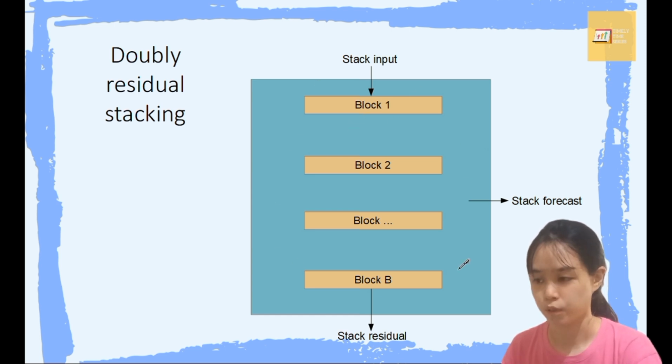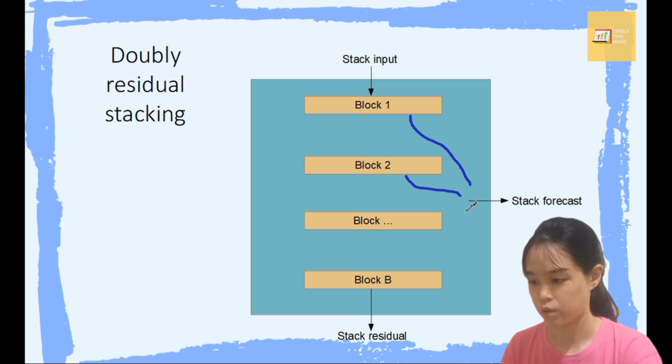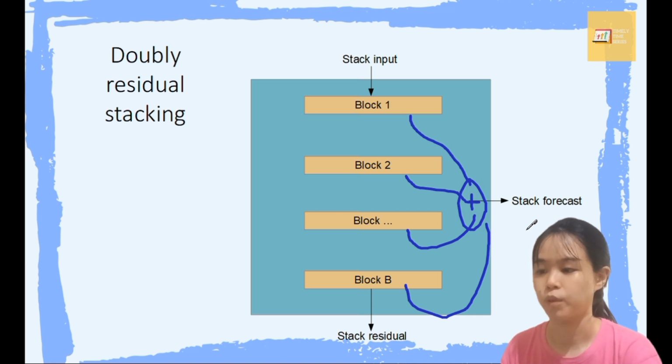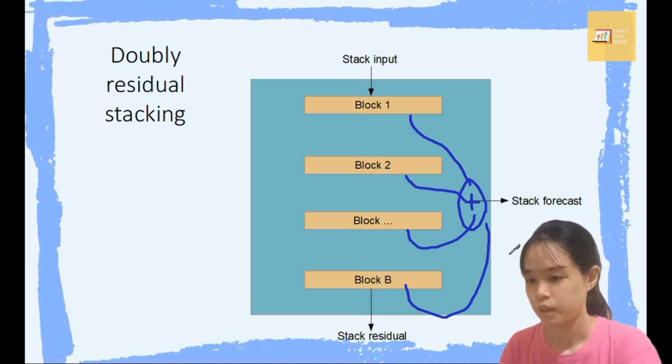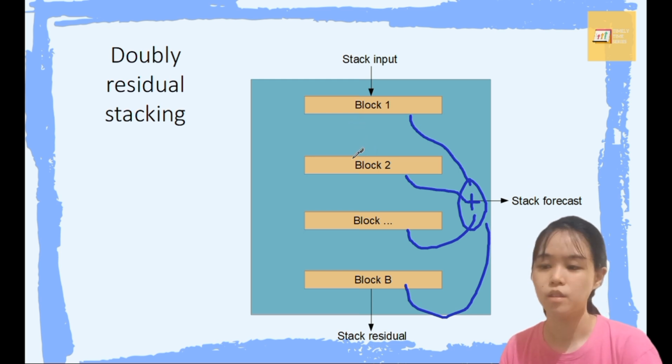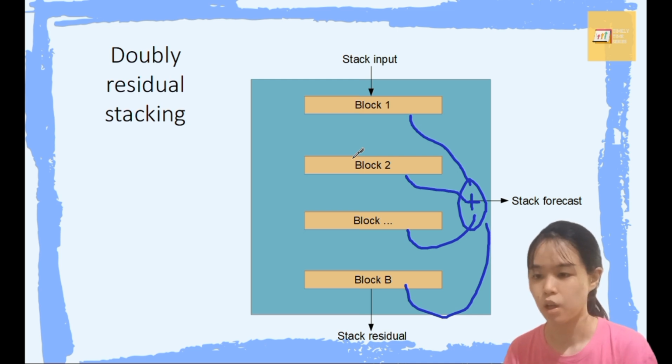Now let's look at the model from the stack level. So each block would have forecast and backcast, right? The forecast will be aggregated to make the stack forecast. And then later, all the stack forecasts would be aggregated for the global forecast. For the backcast, though, it's a bit more complicated. The backcast is subtracted from the block's input. And the residual of that, so the difference between the block's input and the block's backcast, would be used as